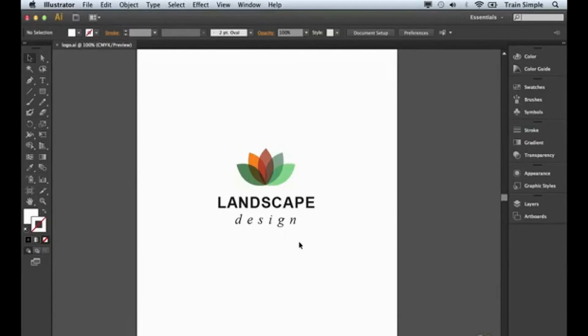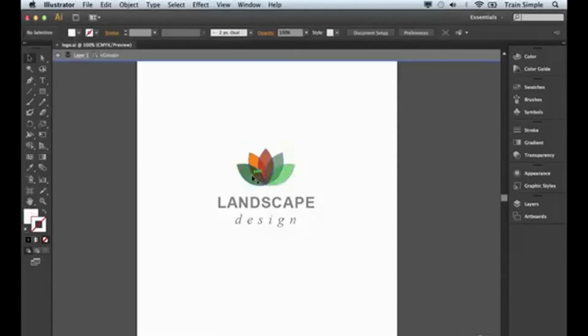I'm working with a document called logo.ai, which is available in the Chapter 2 folder. What I'd like to do in this movie is show you a helpful but sometimes confusing feature inside of Illustrator, especially for new users. What I'd like to do is select one of the leaves within this logo. Now, if you click on it, you'll notice it's a part of a group. So if you double click, you'll enter isolation mode, and at that point, you'll have the ability to select individual